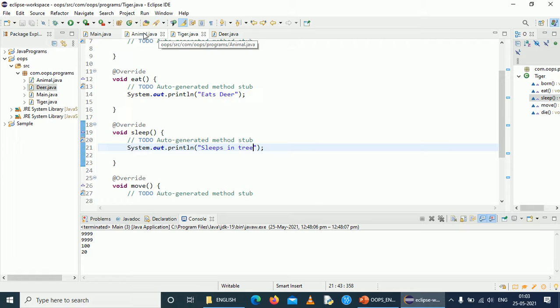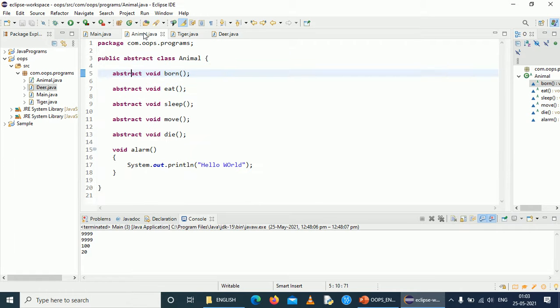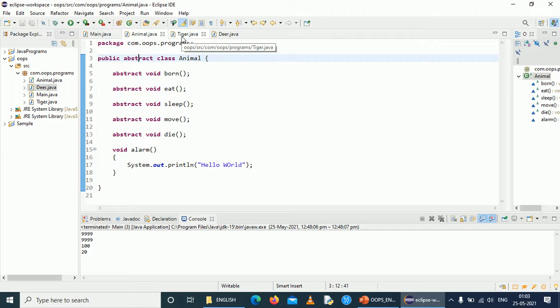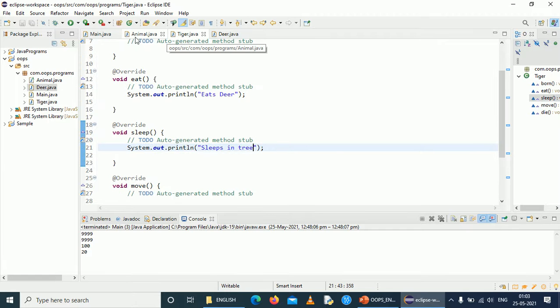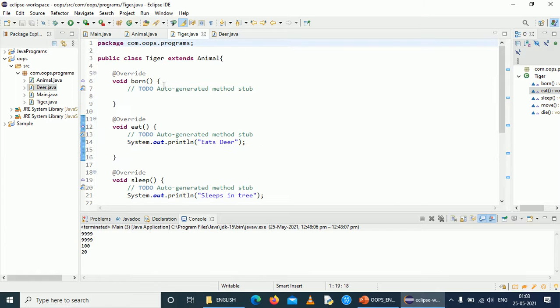So now, as per our hierarchy, we have created a general idea of an animal, named it the animal class and declared it as an abstract class. After creating that abstract class, we have inherited two different animals from the same animal class, and we have just defined the way they eat their food.